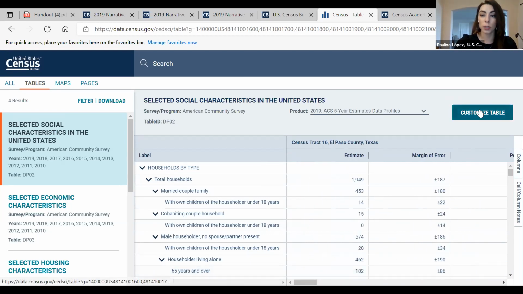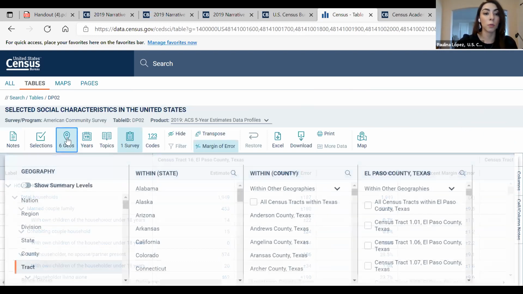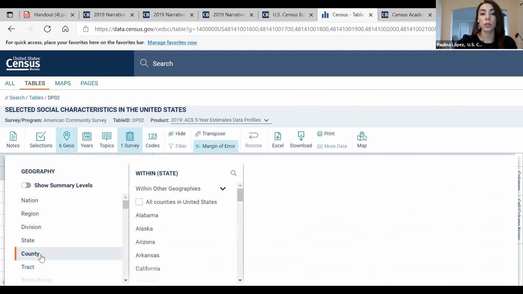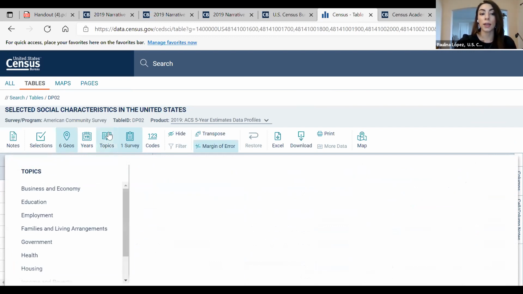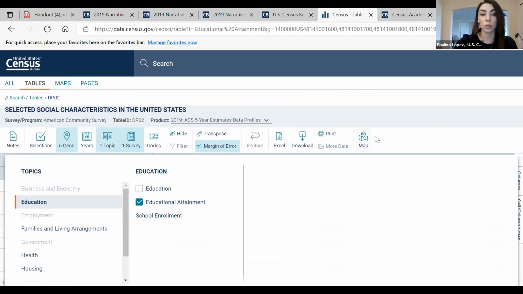If you further want to customize, you can click on the customize button and then you can add more geographies, so you can compare all those census tracts to El Paso County by selecting geography. You can add additional topics like what's my educational attainment in these areas, and then you can go back to the map.